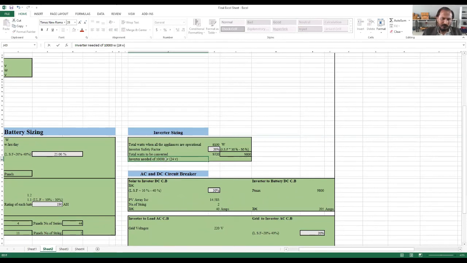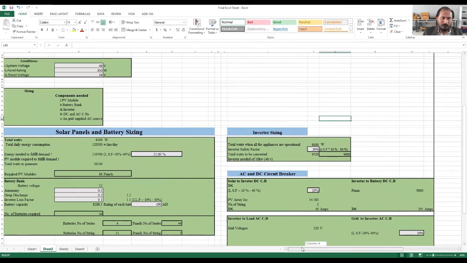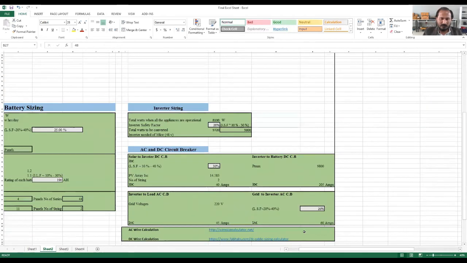Yeah, we can say a 10 kilowatt inverter of 48 volt system, because we are designing a system voltage of 48 volt, which I put here, which is from the user side or customer side.